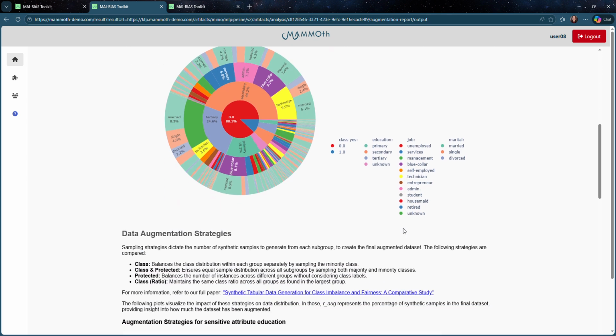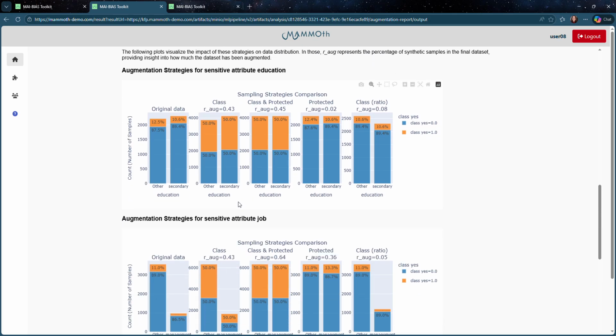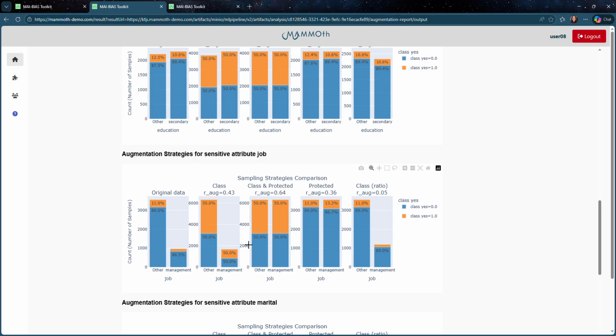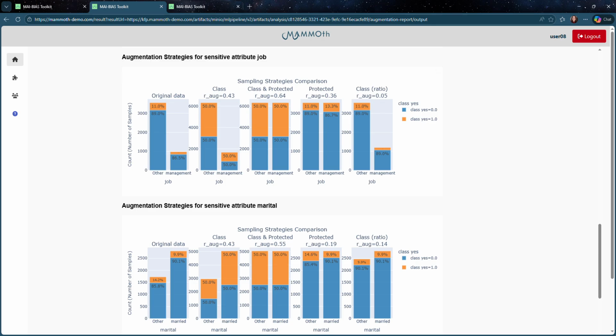To address these imbalances, the toolkit evaluates different augmentation strategies. This chart shows how the dataset changes when different augmentation strategies are applied compared to the original data.